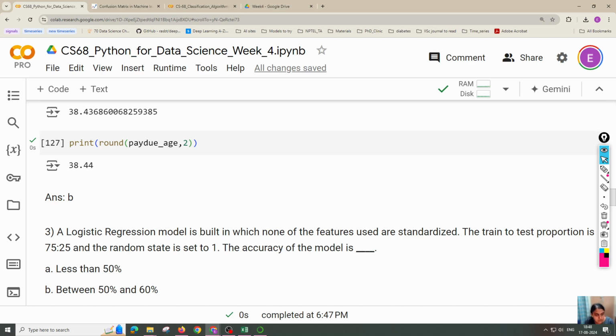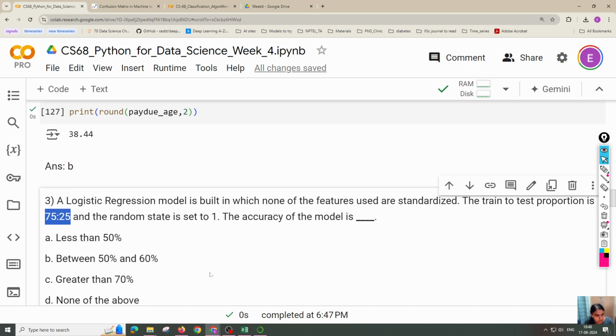Okay, a logistic regression model is built in which none of the features used are standardized, none of the features are standardized, we will get to that. The train to test proportion is 75:25 and the random state is set to 1. The accuracy of the model is, so I hope you are all aware of the logistic regression model which was